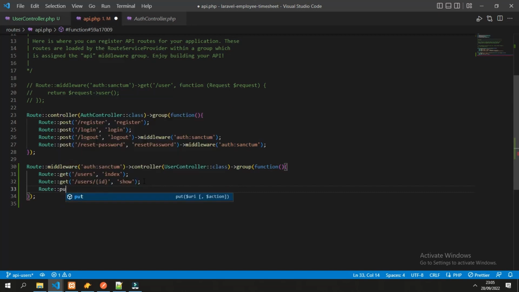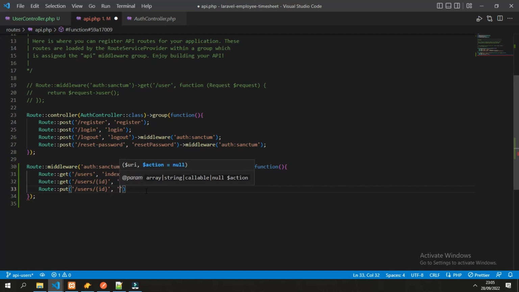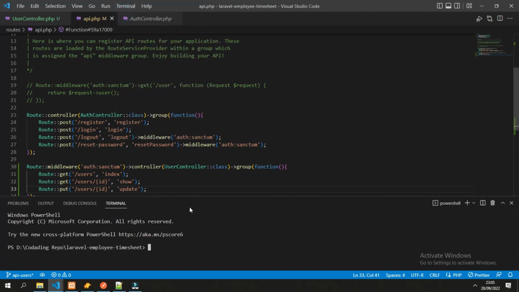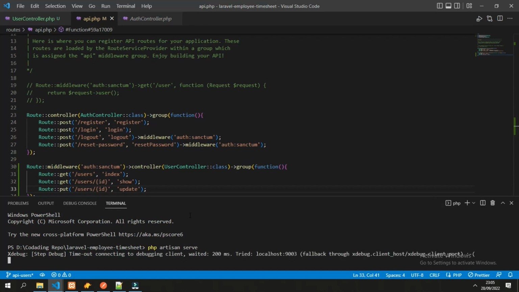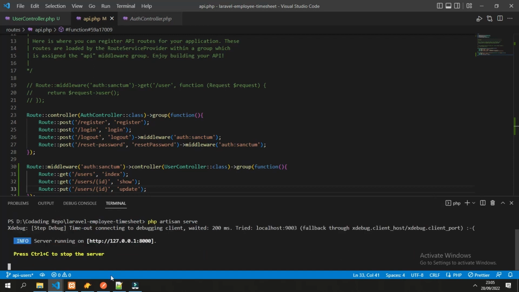The operation is put, and the URL is similar like get details, so users and the ID with the function of update. Now we can run the applications. And open Postman to test.